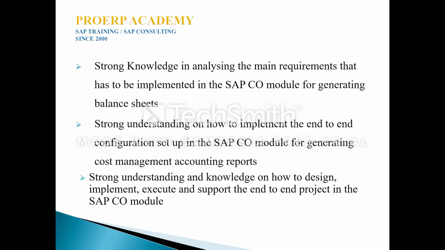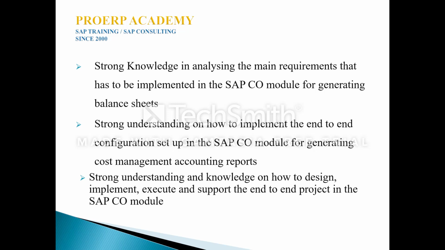And similarly, all the consultants will be getting strong understanding on how to implement the end-to-end configuration setup in the CO module for generating various reports in the cost management accounting module.